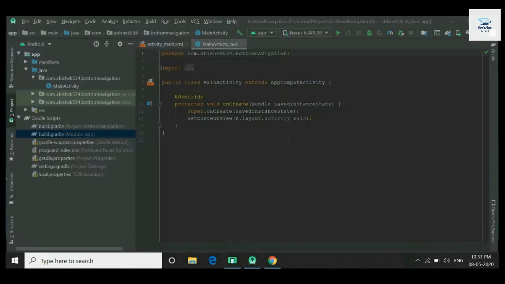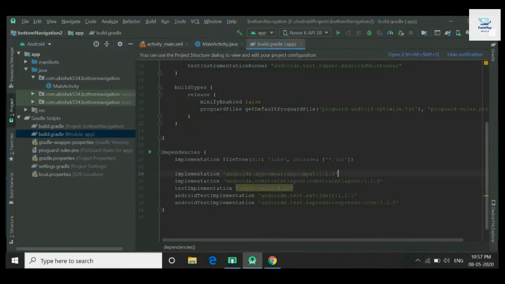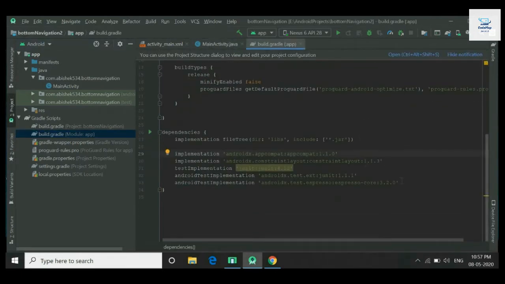For bottom navigation we require the Android Support Design Library. So we will add the Android Support Design Library to our build Gradle file. So move toward the build Gradle module app, and you can get the support design library from Google.